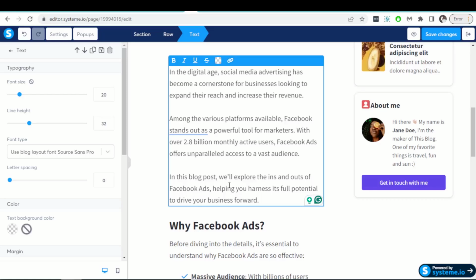You can see, if you hover on it, you can see it has been underlined, which means there is an anchor text. So you click on save changes,